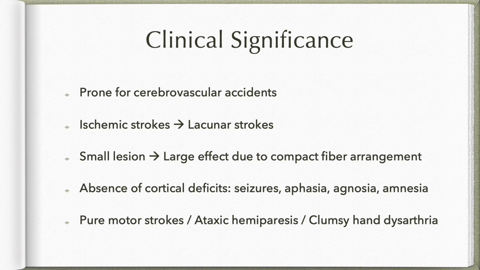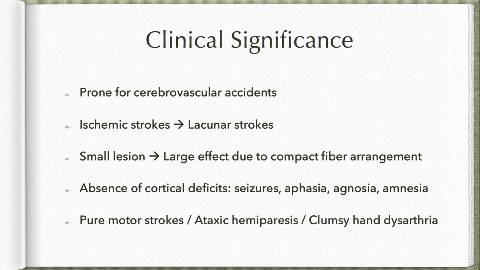The third way of presentation is the clumsy hand dysarthria. This will be most likely due to the lesion at the junction between genu and the posterior limb. Within the posterior limb, the corticospinal tract fibers arrangement is such that anterior fibers control the upper limb, posterior fibers control the lower limb. So the anterior fibers which are controlling the upper limb, they are lying very close to the corticonuclear fibers. So when these two groups of fibers are involved, we have clumsy hand as well as dysarthria because of the